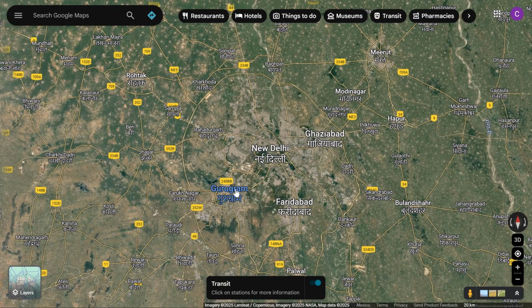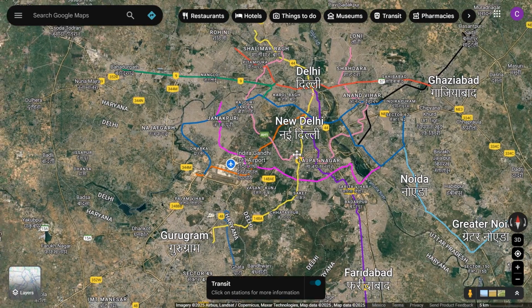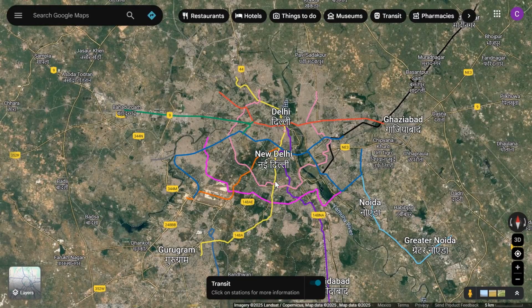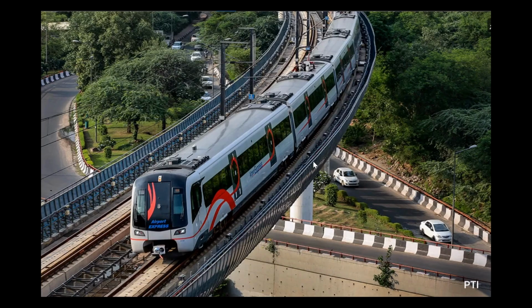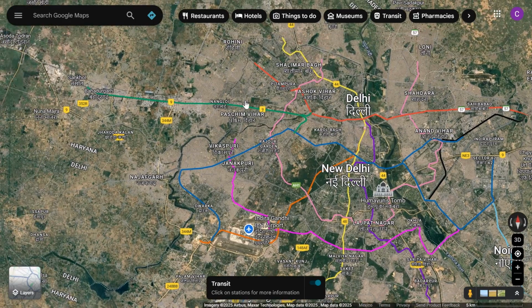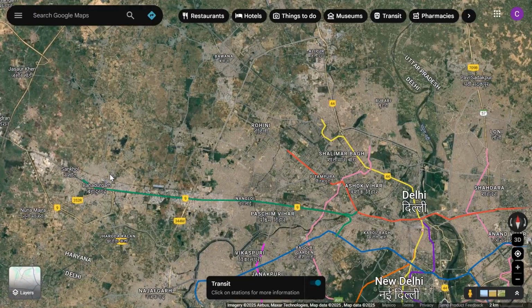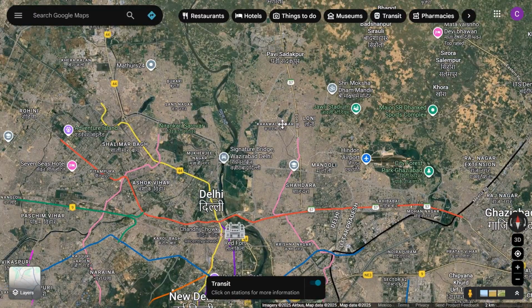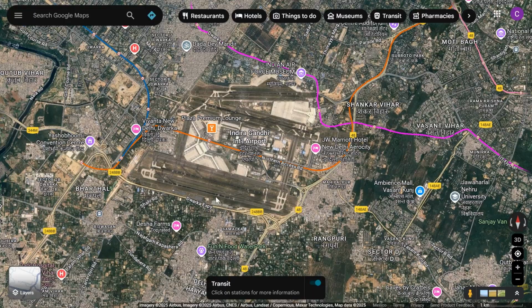And now you may be wondering how people even move around this gargantuan megacity. Well, the answer is the Delhi Metro, which is actually one of the largest and most efficient metro systems in the world. It is a clean and safe way to get around for Delhiites, and it has lines reaching every corner of the capital region. It stretches further south to Faridabad, Noida and Greater Noida, Gurugram, and north it has lines extending to Bahadurgarh, some of the northern cities here, Ghaziabad, and it even has lines extending to the airport,